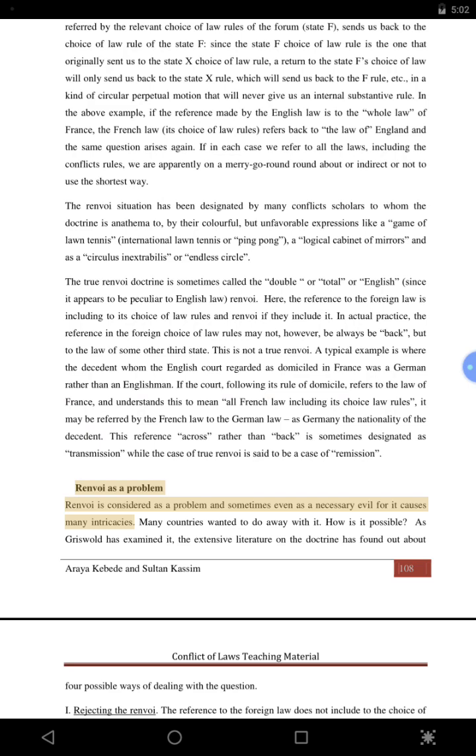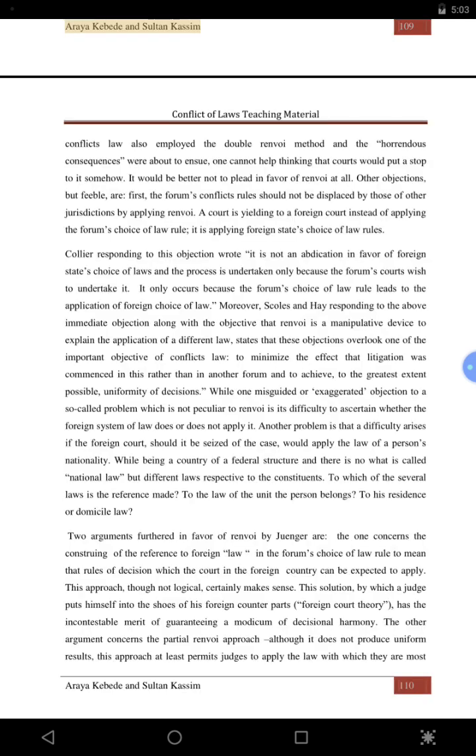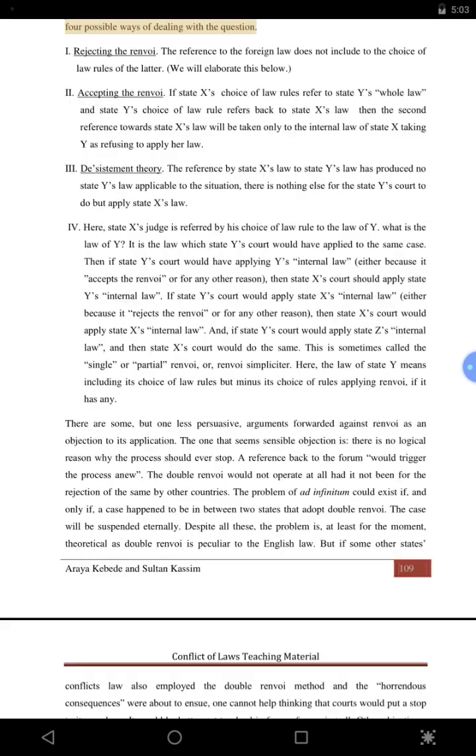Renvoi is considered a problem and sometimes even a necessary evil, for it causes many intricacies. Many countries wanted to do away with it. How is it possible? As Griswold has examined it, the extensive literature on the doctrine has found out